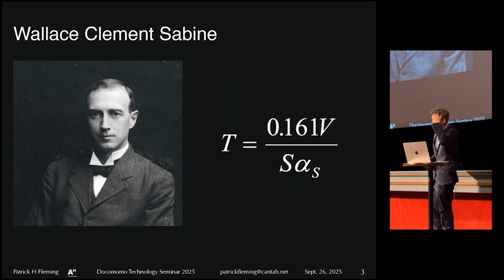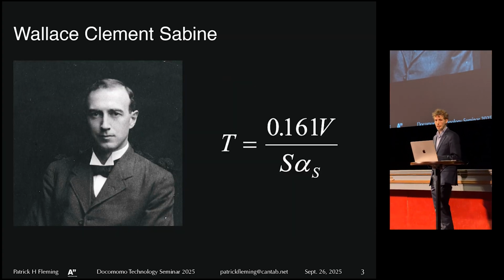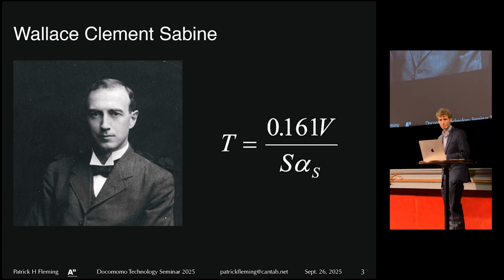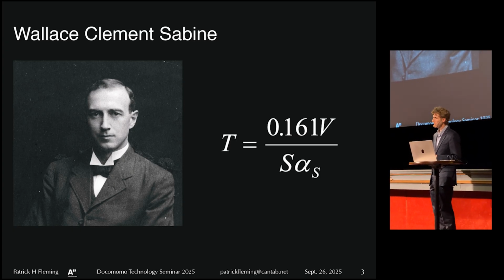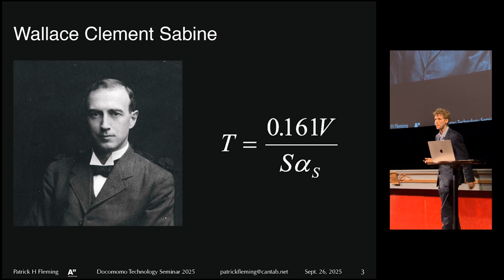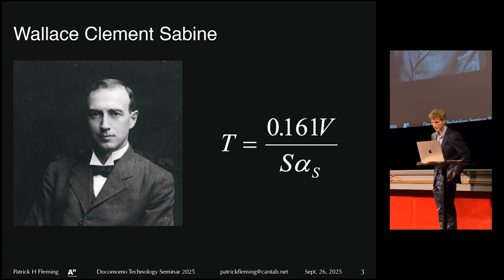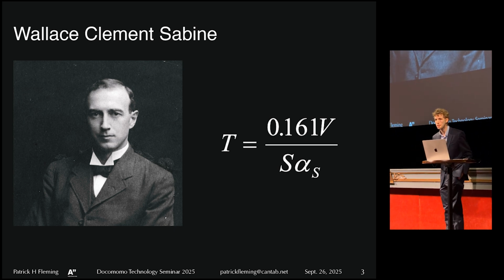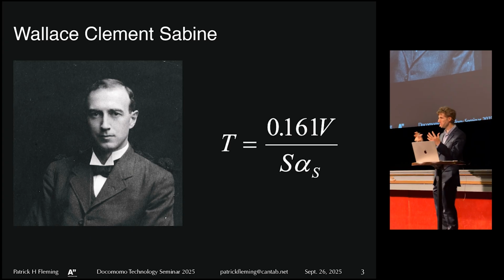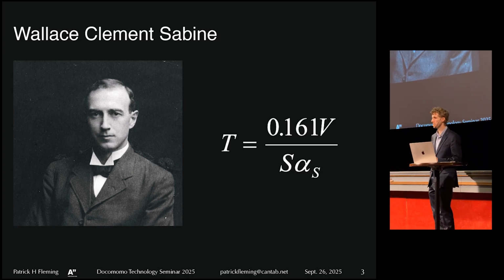Now, architectural acoustics is actually not such an old field. It's really around 120 years old, and the main pioneer is Wallace Sabine, or Sabine. He was a physics professor at Harvard, and they built this new lecture hall, and the acoustics were so terrible that it was almost unusable. He conducted all sorts of measurements in the lecture hall, but also in other sorts of buildings, in the Boston Public Library, in laboratory spaces, and in other settings. Based on all of these measurements, he came up with this very simple equation, which is now known as